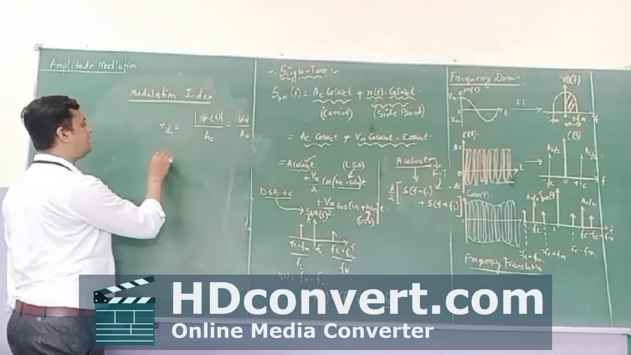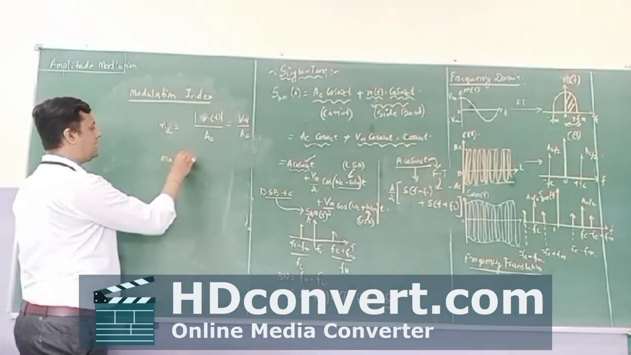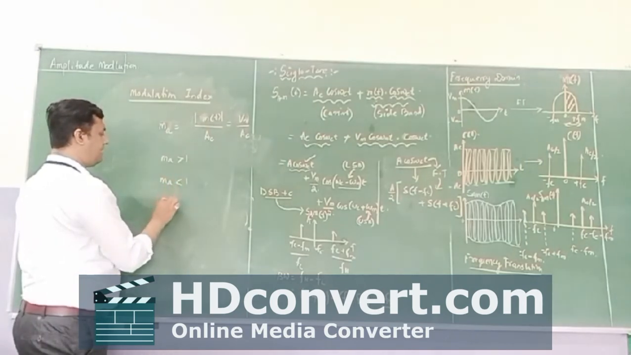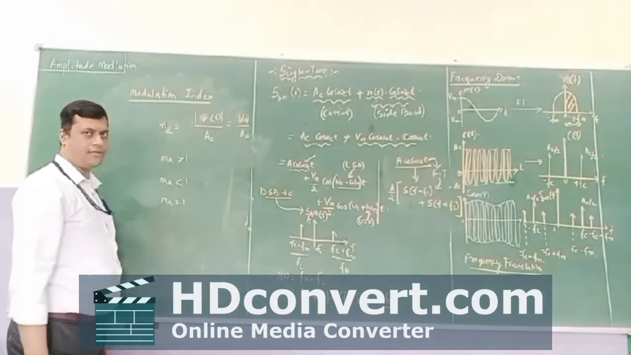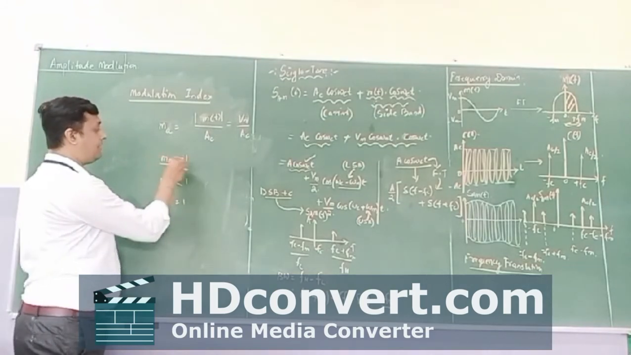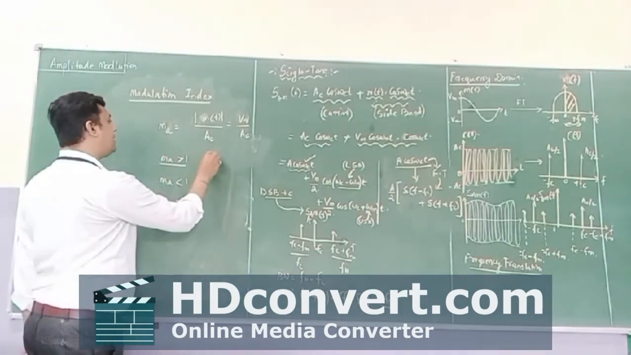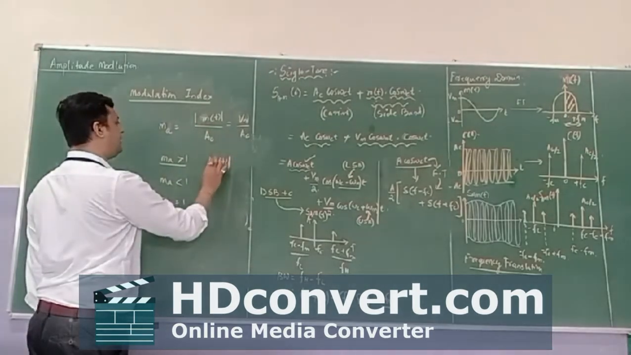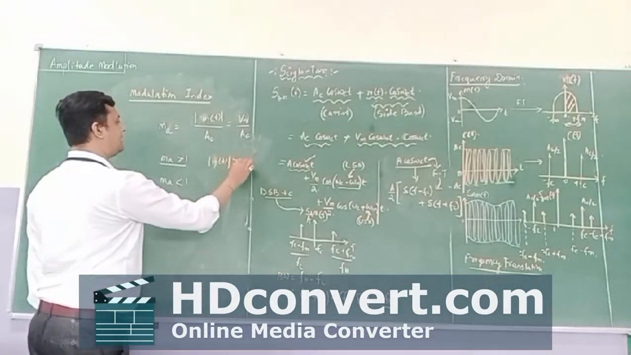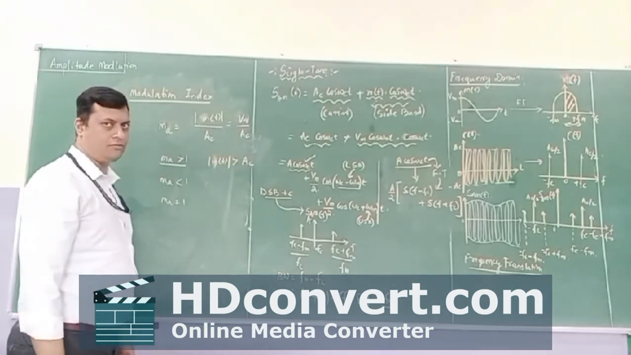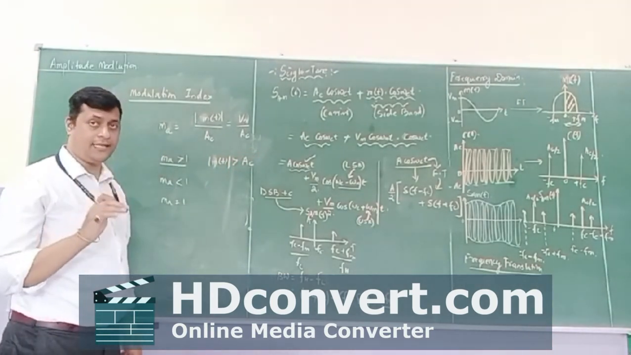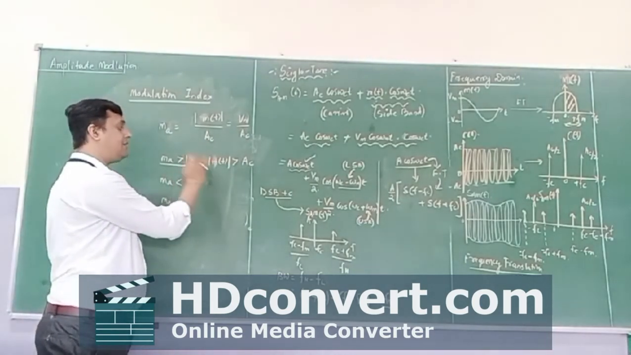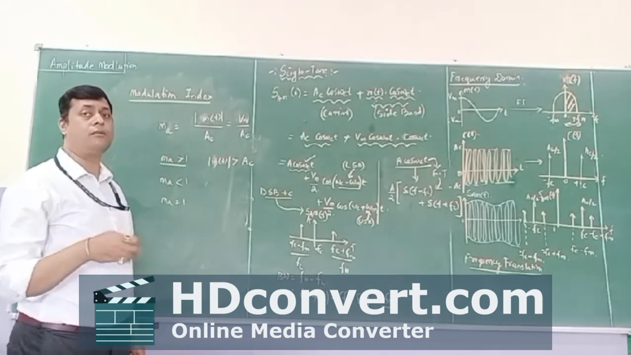Now here three things will arise: Ma greater than 1, Ma less than 1, and Ma equal to 1. What does it indicate? If Ma is greater than 1, it means your modulating signal m of t amplitude is greater than the carrier amplitude. In the practical case, we avoid this, because then over modulation will be done,